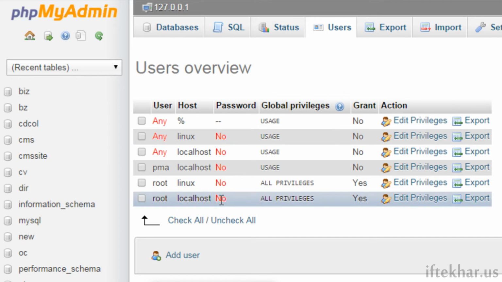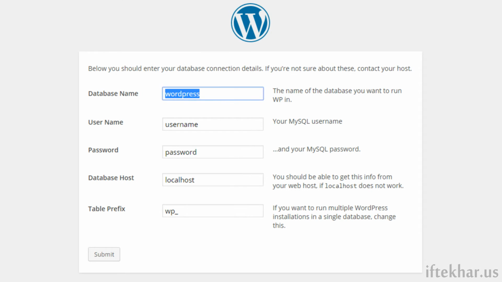I would personally recommend, if you're doing it on your computer, you can use a password. It's entirely up to you, but it's always recommended to use a password, but I'm not going to use any password. So let's type the database name that we just created. That's tutorial and the username is root. As you can remember, there was no password, and the database host should be localhost by default